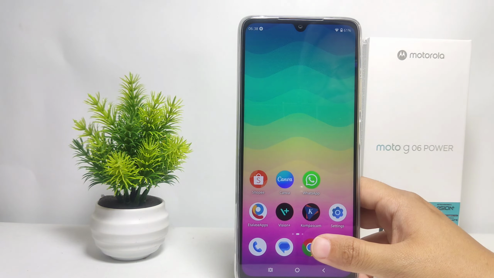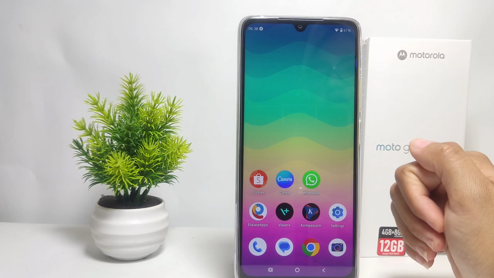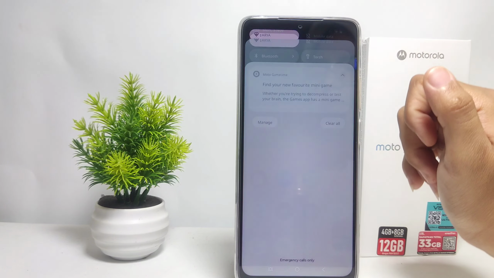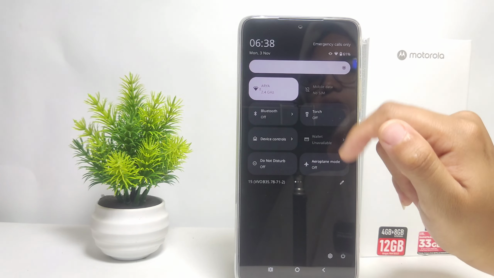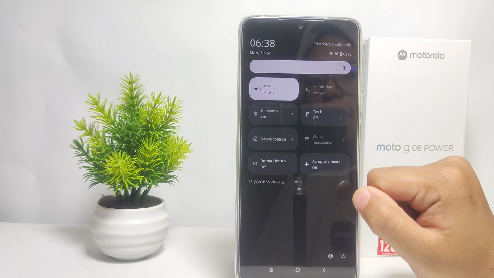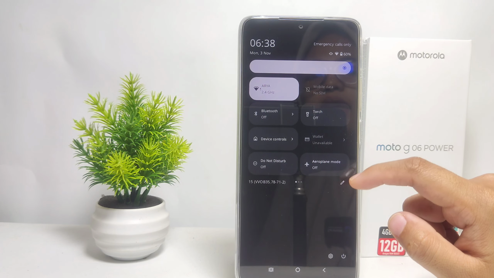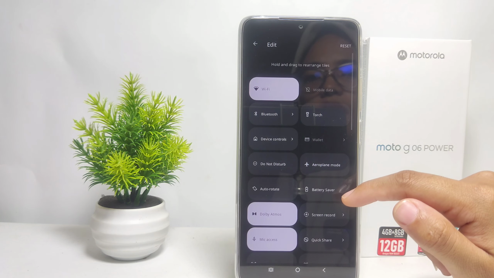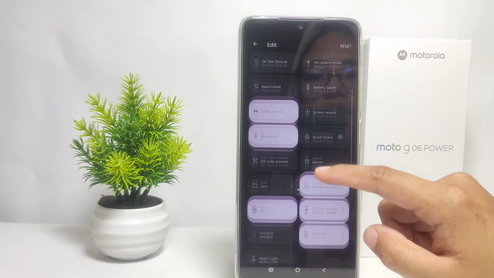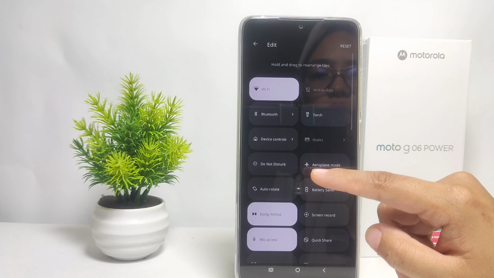Well guys, first things first, you just have to open the control center. Of course, you just have to scroll down at this home screen. And now this is the control center that I mean. If you want to change the layout, you just have to tap on this pen icon. And as you can see here at the first part, there are the features that we have on